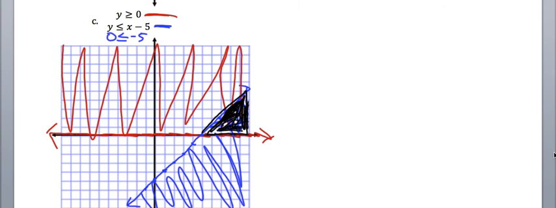So I'm just going to make that a little darker. And again, I've seen people do it different ways. Some people are very good at just using a pencil and erasing, or making sure they use erasable pens and erasing. And some people just shade very, very lightly at the beginning, then they make sure to shade that region in dark. So for all of these, for these systems of linear inequalities, the only difference in graphing is that you have to do some shading at the end. And then instead of figuring out just where the two